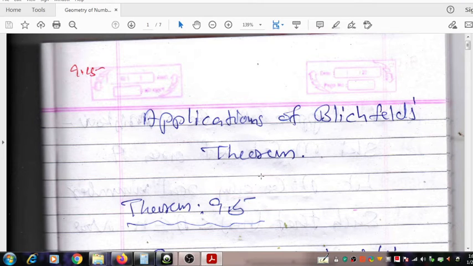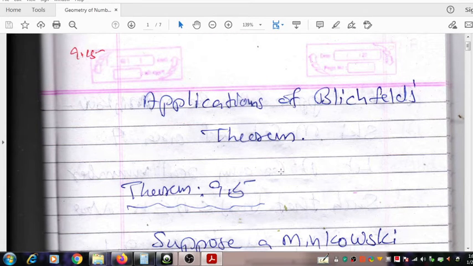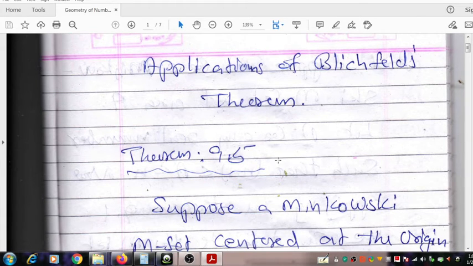Hello, welcome to a video on geometry of numbers. In this video we are going to discuss an application of Blichfeldt's theorem. This theorem is numbered 9.5 in the 9th chapter of Geometry of Numbers,